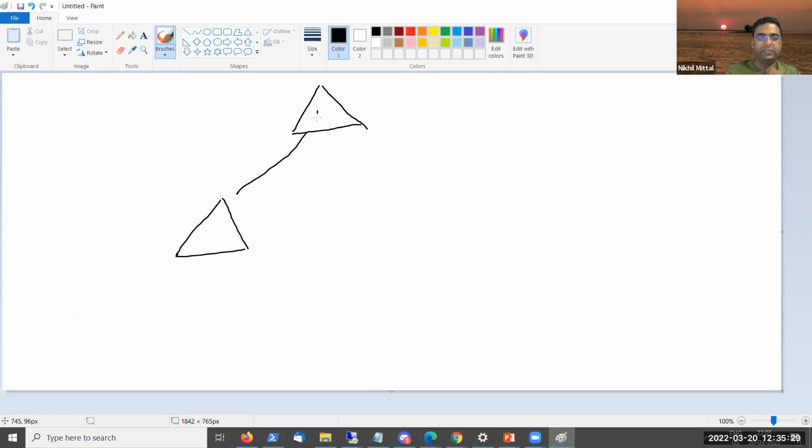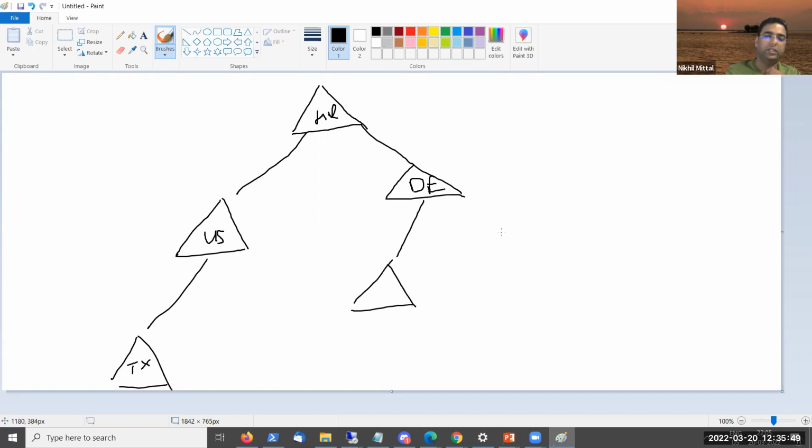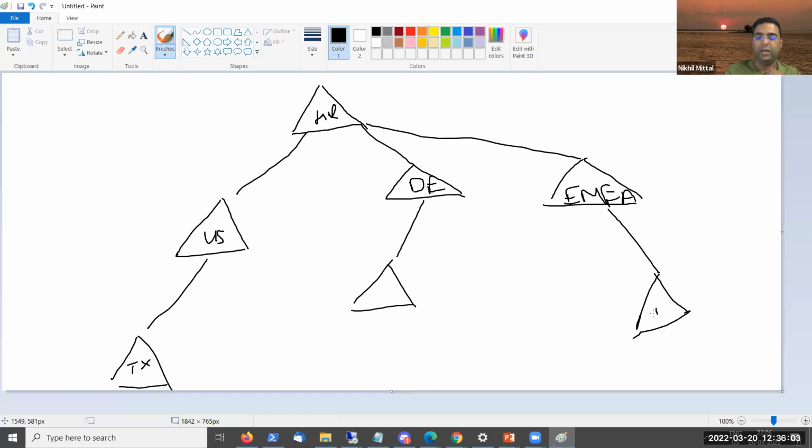Let's say this is an HQ. Then there would be another location, let's say US. Then TX in US. Let's say then there could be another one in DE, for example. A location in there. Then there could be, let's say, in place of DE or country specific, an EMEA here. There could be an IN,